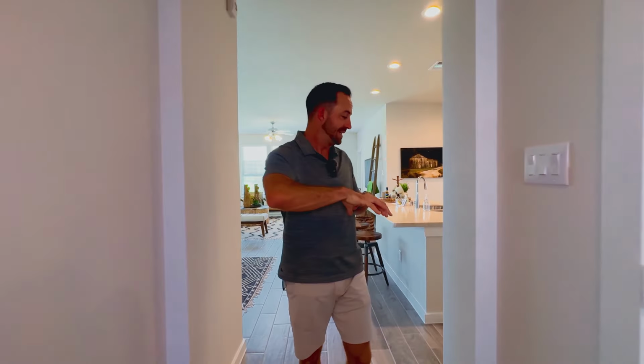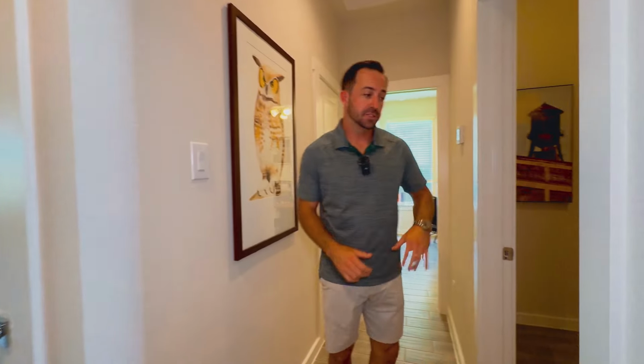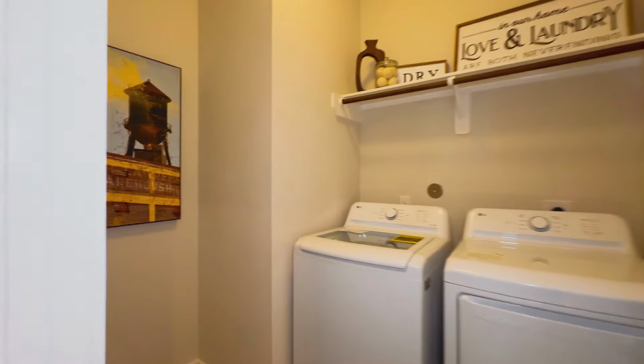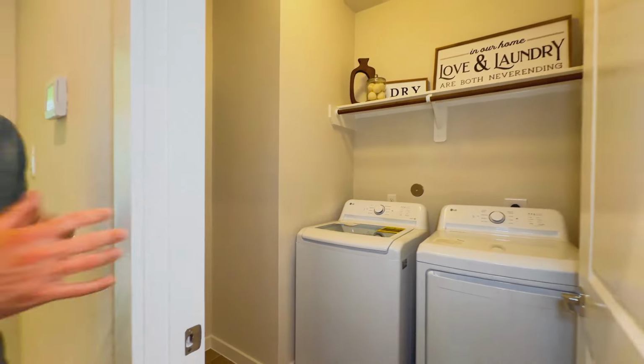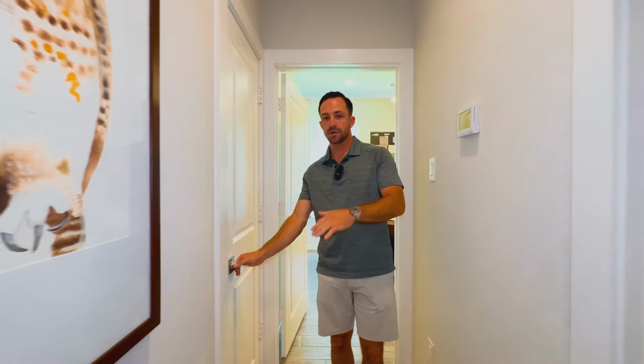Now, most of these smaller single-family homes are going to live along one main hallway, but what I do like is it's not running down the side of the house. It kind of branches off in different directions, and so back up towards the front of the house, you're gonna have your laundry room, and the laundry room's pretty spacious because you've got a little cubby over here. You could put in a nice piece of furniture, a little storage rack. You've got the hanging space above the washer and dryer,